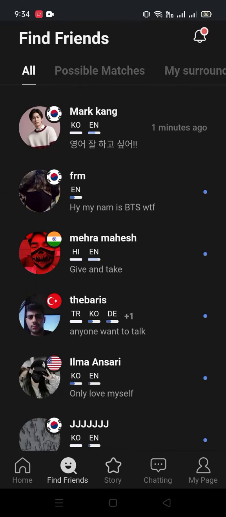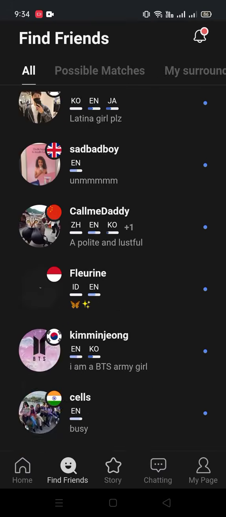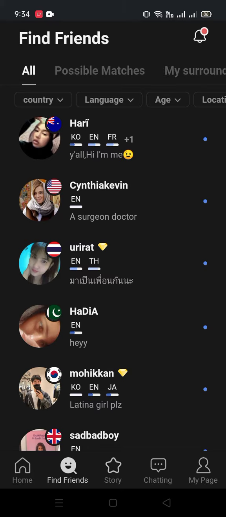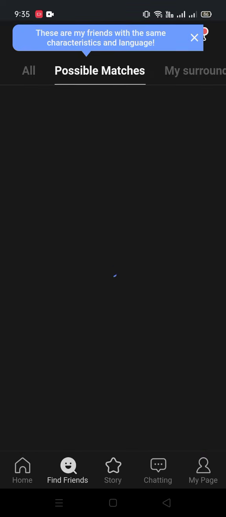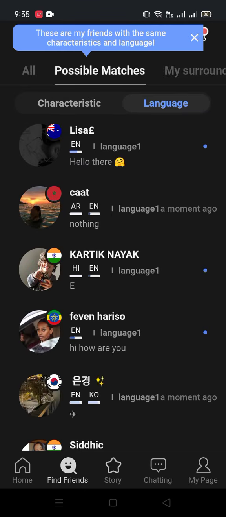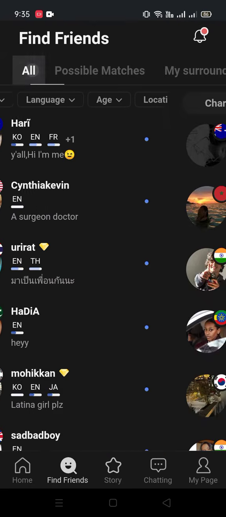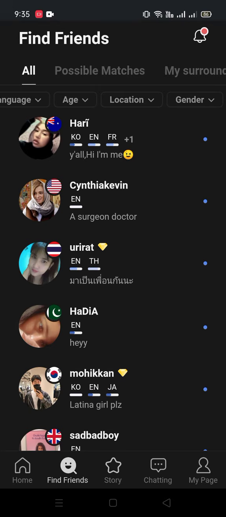There is no way to search, but you can find people here randomly, and there are some filters, like which country's friend you want. Here you can see Country, simply tap on that, and then you will get the whole country list. And if you click Language, you will get the language options. You can see here Indian, Korean, Japanese, and everything, so you can customize it. Then there is Gender,